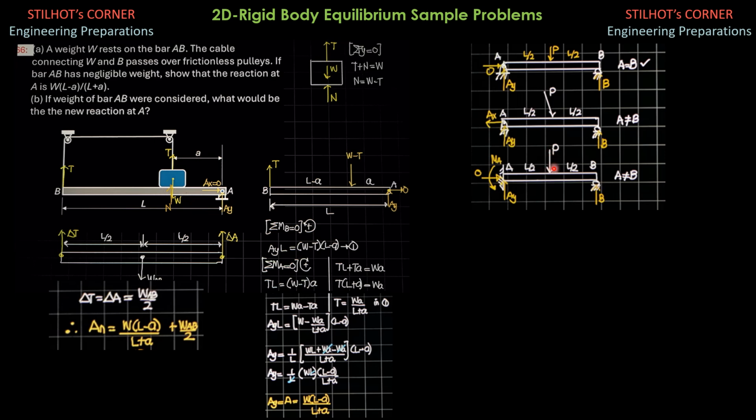And we have a load P here acting at L over 2. At the center, it is vertical, there's no horizontal component. So the answer again is A is not equal to B because at A, although the horizontal component of reaction is 0, there is this moment reaction at A. So this moment reaction and the vertical reaction at A will definitely not be equal to B, because at B it's only a purely vertical force, and at A, aside from the moment reaction, we have also a vertical reaction.